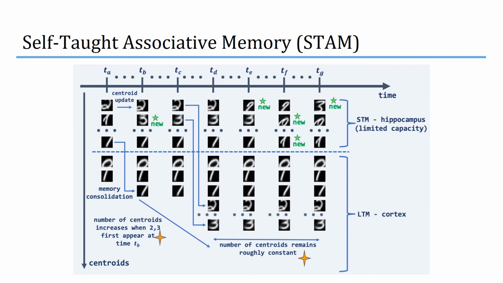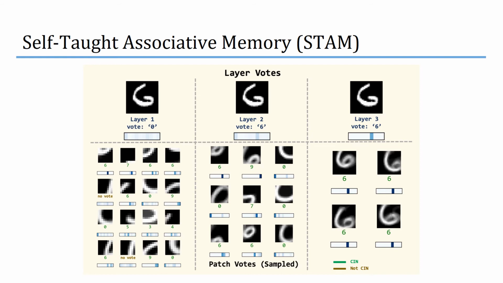Notice the number of centroids in long-term memory increases when a shift in the data distribution occurs, but remains roughly the same after it captures all important features. If performing a classification task, we use limited labeled data to associate class likelihood with patches matched to the labeled data. We consider a centroid to be class informative if the centroid is associated strongly with a particular class or classes. This is visualized in the legend in the bottom right. Given a query image, each layer votes for a class based on aggregated patch-wise votes over all receptive fields. We only consider votes from class-informative centroids.